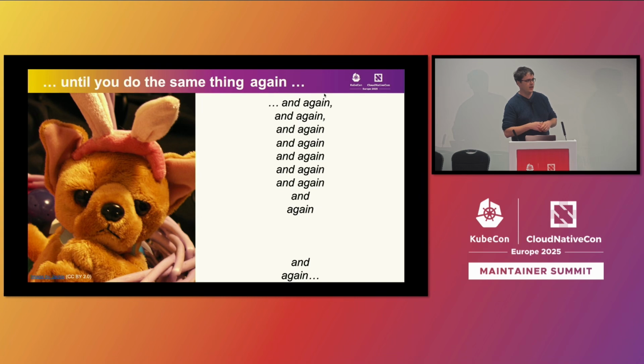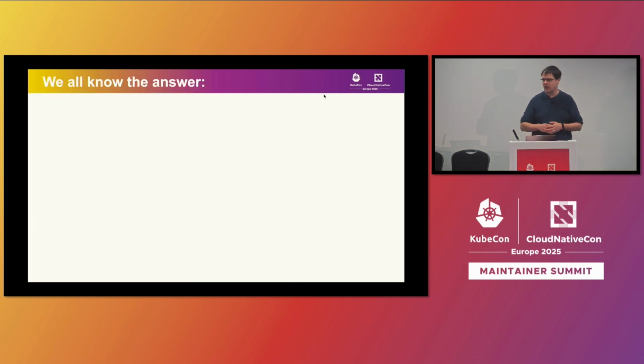And it's getting annoying, right? I mean, we all know it. I don't know, you have to label your issues, you have to assign an issue to someone, you have to run linters, you have to do spell checking, all those things you have to do again and again. And we also all know that what we need to do to fix this is automation, right? But there's a problem.